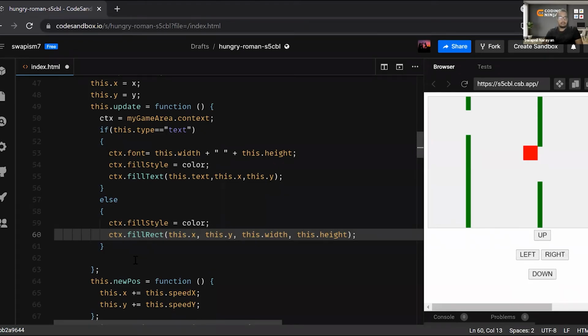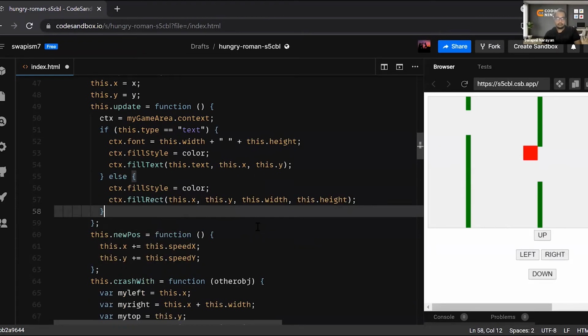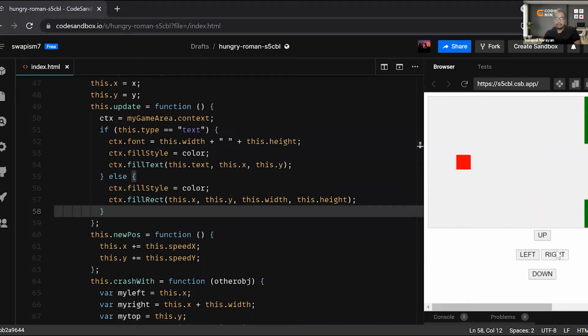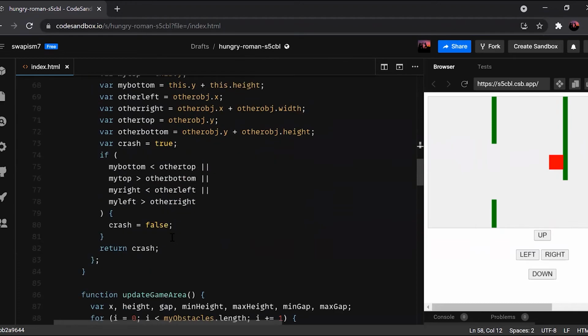Brilliant. So we have added our score over here. For now it will not render. For now the score is not showing over here. Why is it not showing? Because I need to do some minor calculations as well.